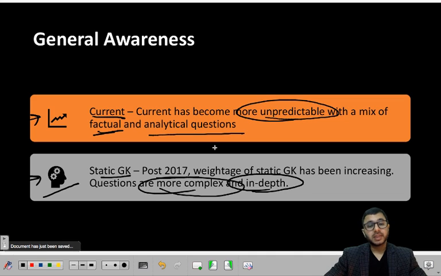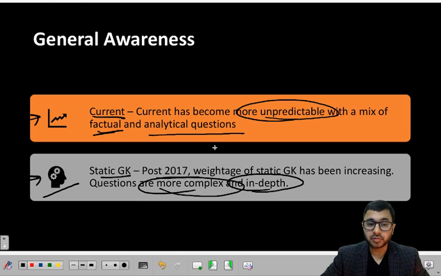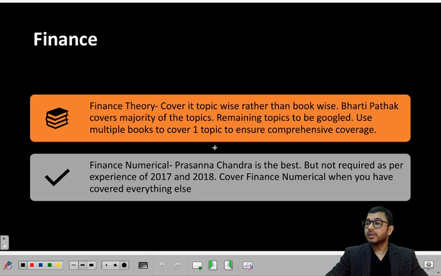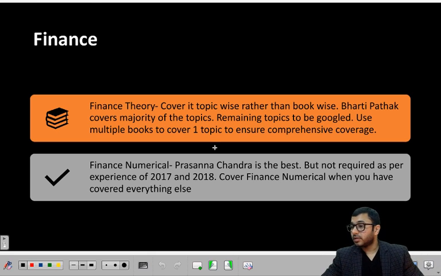Okay, the same goes for current affairs. You can rely on a lot of websites, but don't rely on any one because the weightage is very high, 80 marks out of 200. So you need to be able to cover it from multiple areas to make sure that you are able to score 50, 60, 70, whatever it is in current affairs. Okay, now let's come to finance for phase 2.